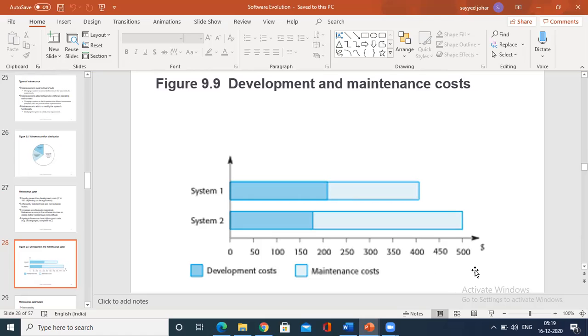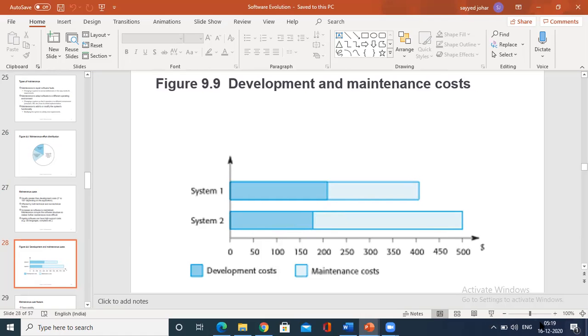Dollar means it is a cost, so with respect to the dollar parameter, development takes less consumption of the capital, whereas the rest of the capital is consumed in maintenance. There are still many concepts you have to concentrate on.